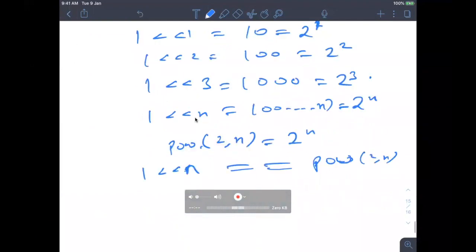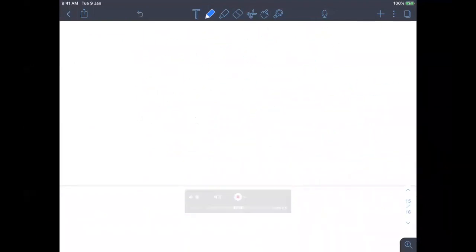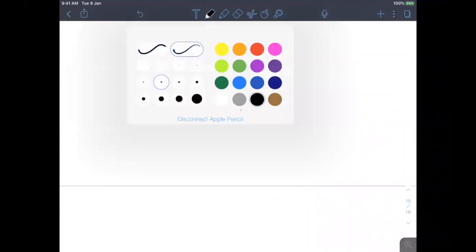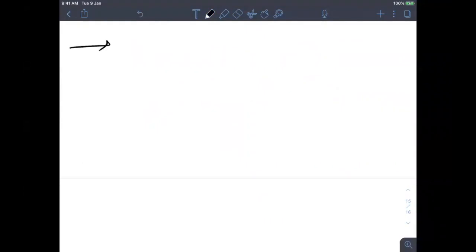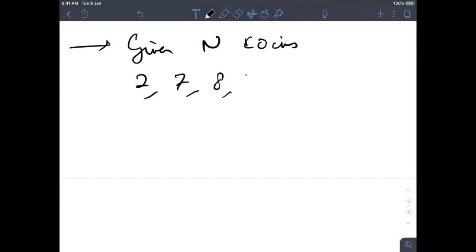So the question is, listen closely: given n coins. Let's say you have coins of rupees 2, 7, 8, and 17. These are distinct.